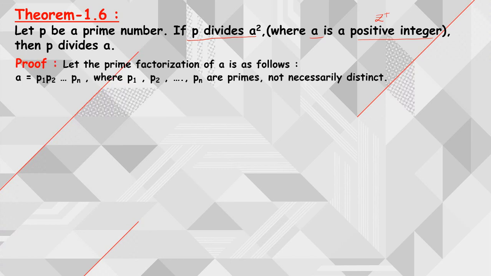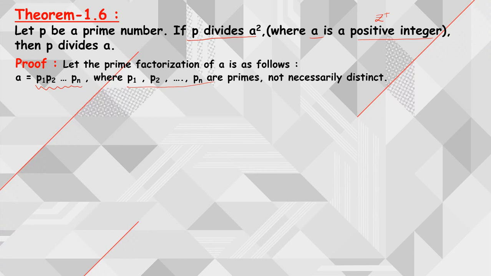Now what I am going to do is consider the positive integer a. Let the positive integer a be considered in its prime factorization form, that is nothing but p1 into p2 into p3 into so on pn. Already we have learned how to convert the given number into its product of prime factors. Likewise we have written here where p1, p2, p3 and so on are prime numbers, not necessarily distinct. So we can repeat the prime number. Instead of writing in its exponential form, we are writing term by term.